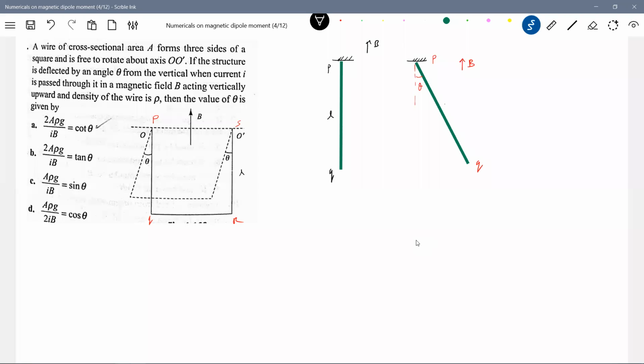Okay, look at the various forces. First, the weight should be balanced by the torque due to the dipole moment. But here we don't have a complete loop. If you want, you can bring an equivalent opposite current element, or else calculate the force acting on the individual arm. Now, what will be the force acting on the rod PQ? So B bar, let's assume that somewhere the current will come here. There's an I.